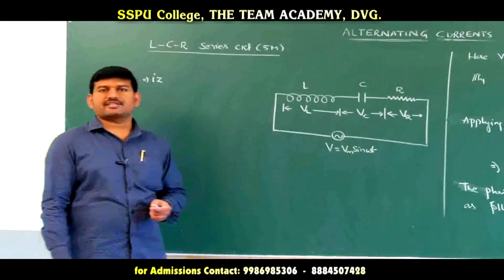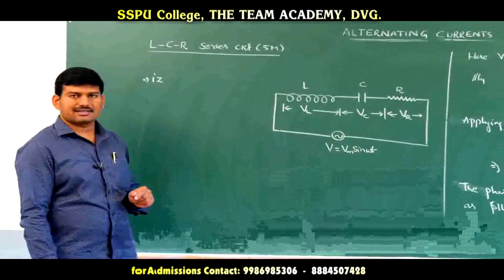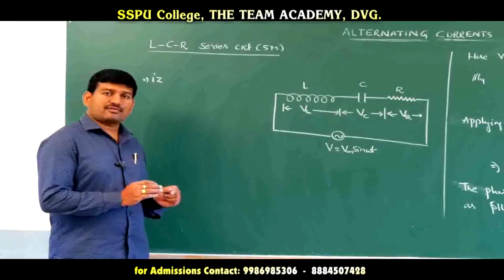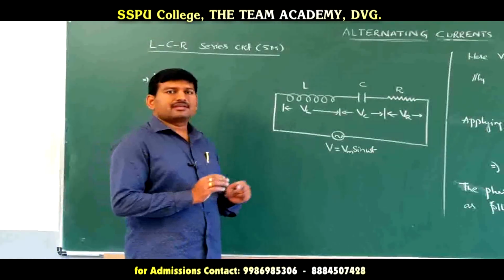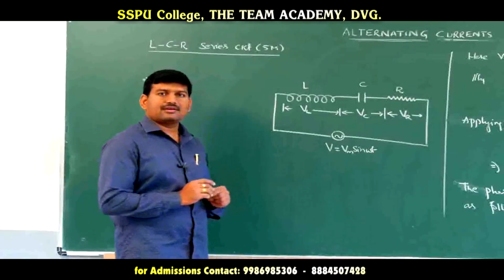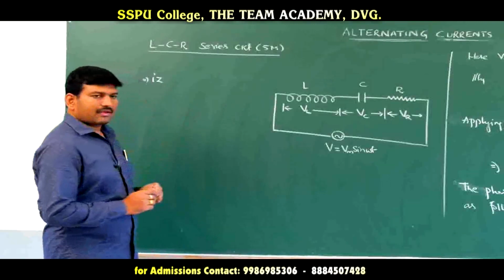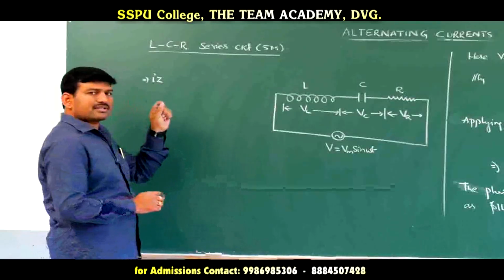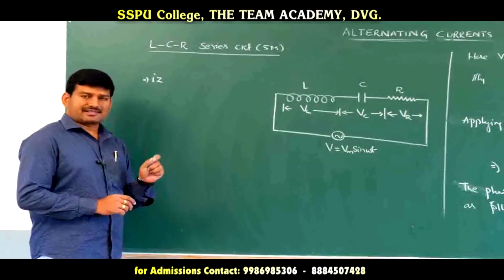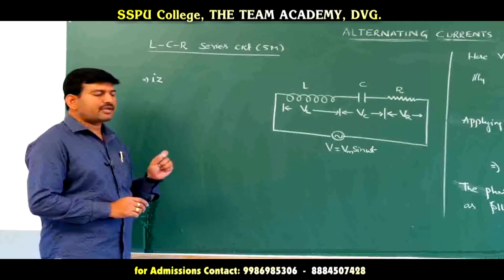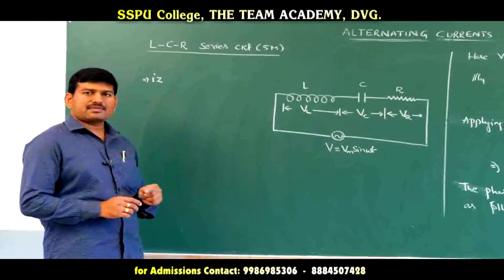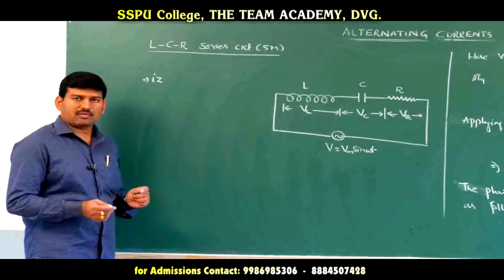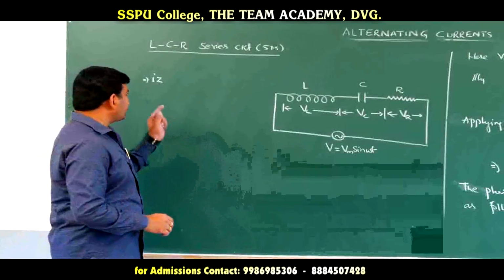They will be asking the definition for impedance. What is meant by impedance? The total opposition to the AC current in the AC circuit is said to be the impedance, and impedance is indicated with the letter Z. So the impedance will have the same units as that of resistance, that is ohms. The unit for impedance is ohm, and the dimensional formula is nothing but the dimensional formula for resistance. What is impedance?